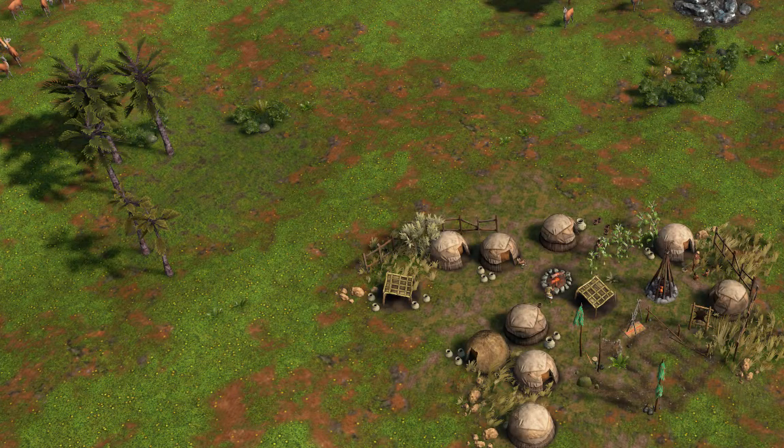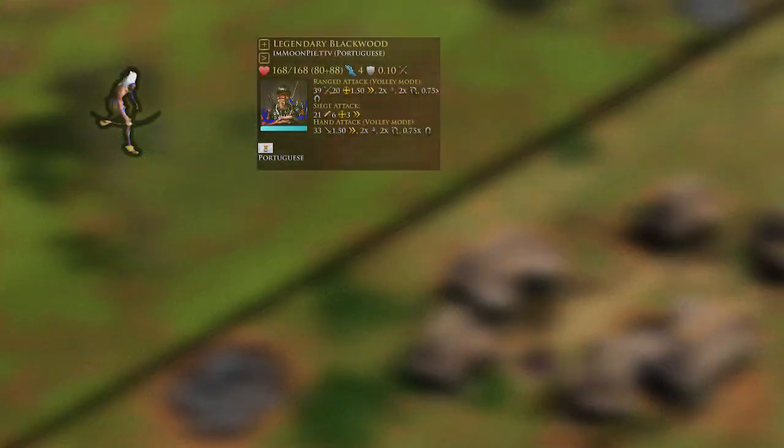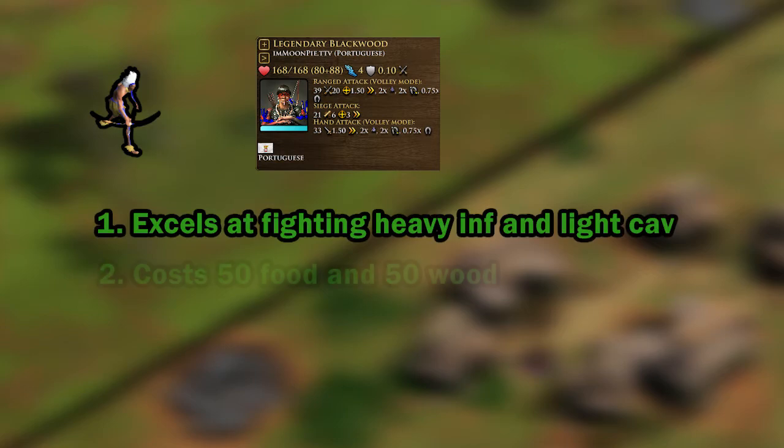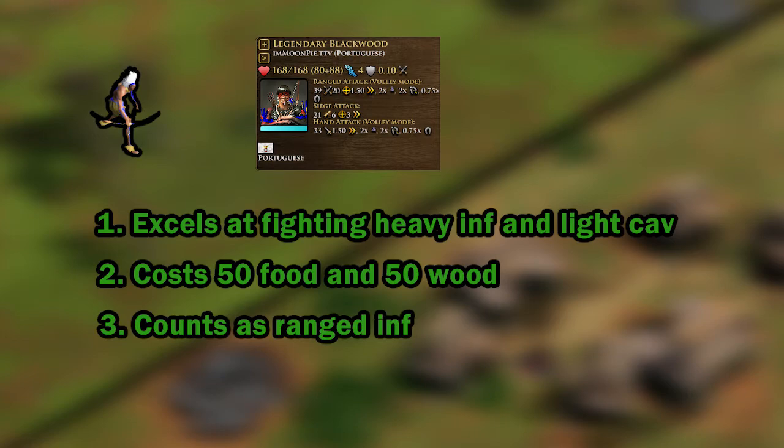The next map we're going to be taking a look at is Grand Chow. Now, the only minor civilization that is available on this map is the Tupi, which is also available on Ori. Now, the first unit that is available through this minor civilization is the Blackwood Archer, which excels at fighting heavy infantry and light cavalry. Costs 50 food and 50 wood, counts as ranged infantry, and has a build limit of